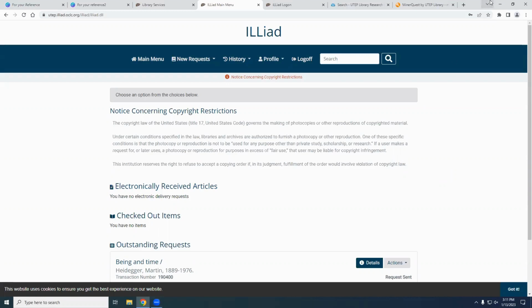Maya, could you discuss maybe some of the, I don't want to call them shortcomings, but maybe some of the potential problems with interlibrary loan if you are doing a last minute request? Absolutely. In case you didn't hear Jenny online, Jenny asked me to go over some of the shortcomings if you're making a last minute request. Like I was saying, when I started talking about interlibrary loan, you want to make sure that you're making these requests in advance.